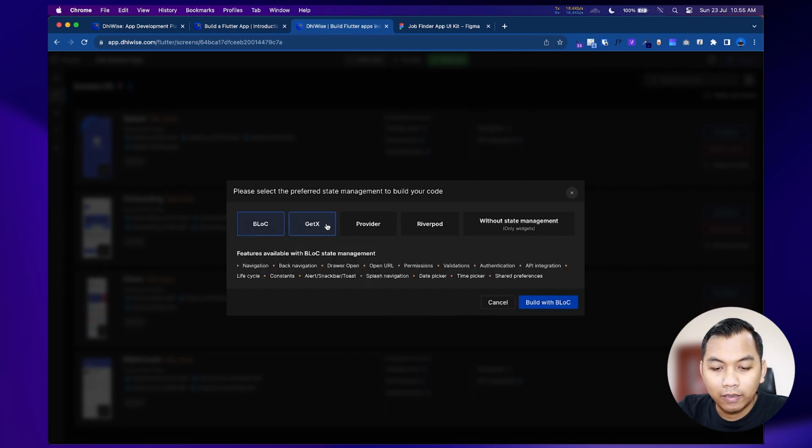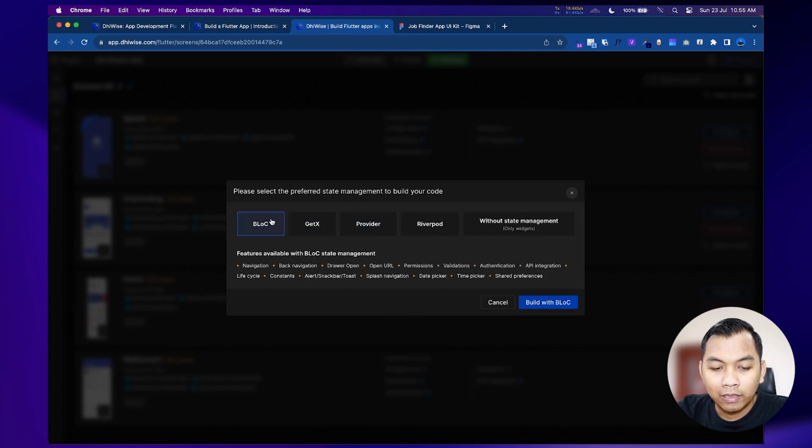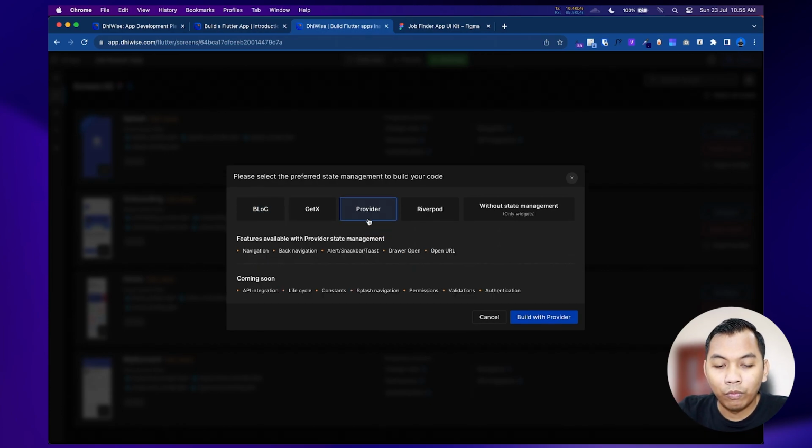Let's say we can select Bloc, GetX, Provider, Riverpod, and so on. When we press a state management, we will see the features available for each one. When we press Provider, as we can see, right now it only supports navigation, back navigation, and so on. So this is coming soon.